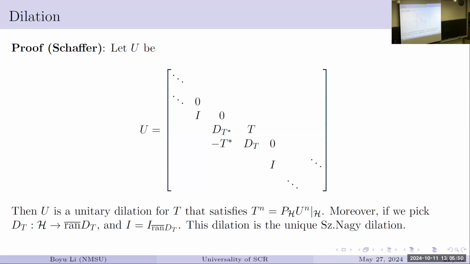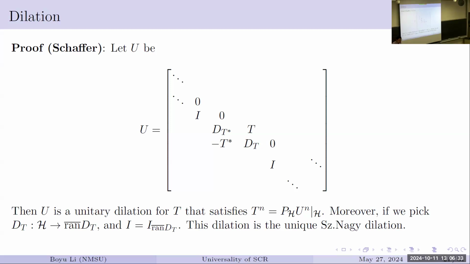So this D_T star, D_T, they're in the off diagonal a little bit, and this looks like the Halmos one, and you put a bunch of identity there. So the idea is you imagine an H vector goes in here, you have a T part and you have a D_T part as whatever is left over. So you have an isometry on this column, and because you introduce a new space for this D_T, you need to take care of the vector coming from that, and you just keep shifting things around. When you're in infinite dimension, life is a lot easier. Just hide all the things you don't like at infinity. So this is why it's a unitary.